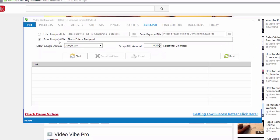So the scraper tab, you may or may not have. It's available in the pro version of the software. If you do have the pro version, you will have this feature. Now basically what this will do is scrape links from Google for you. So for example, this is very useful if you want to identify new sites that you can build links on. For example, if you want to scrape Google for social bookmarking sites that you can submit your links on, well,